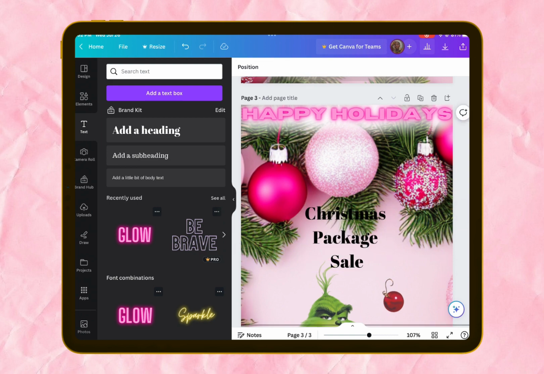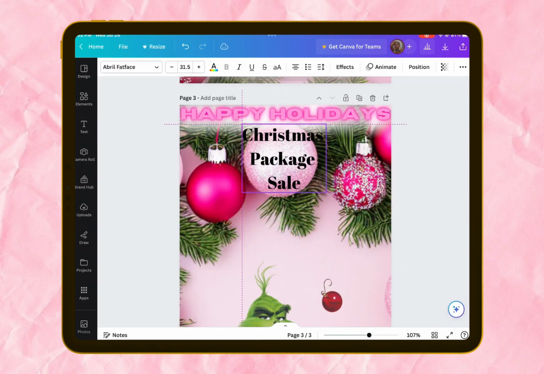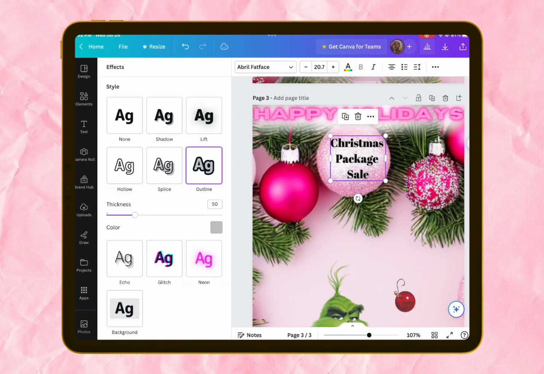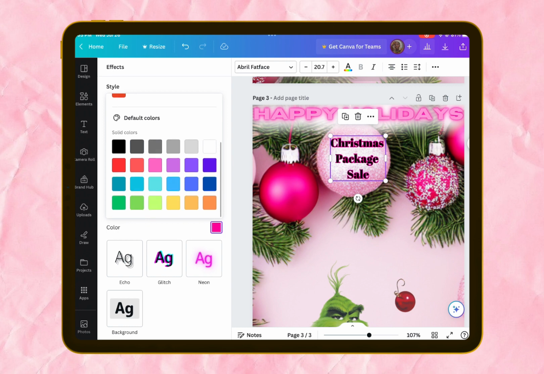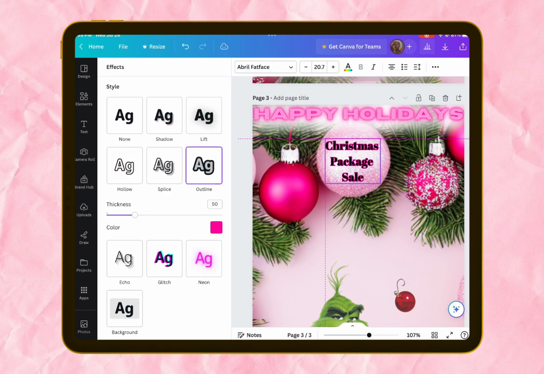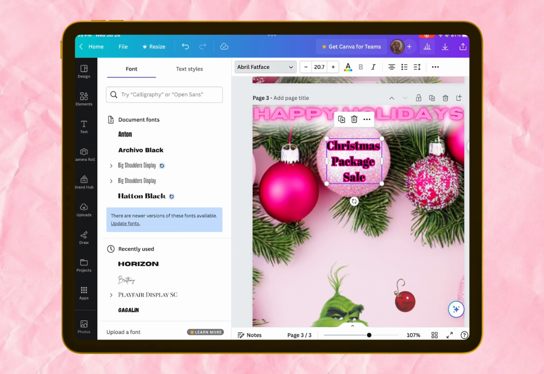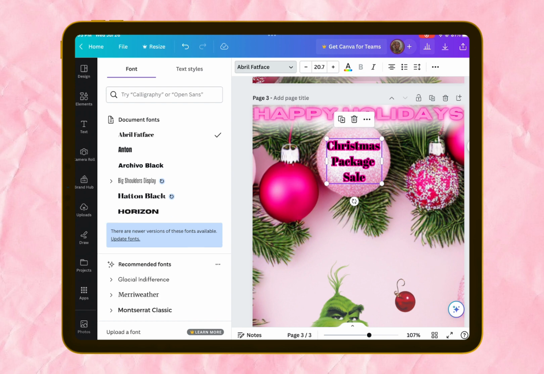So to get the pink around it, all I did was click effects. So here I'm just playing. I'm positioning it, and then I'm playing with the thickness, and I made it pink to match the pink aesthetic. And then once I get into what I want, I change the font to what I want,